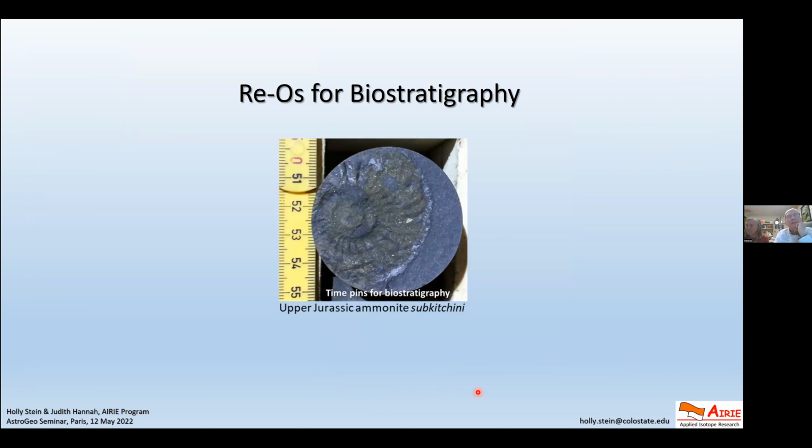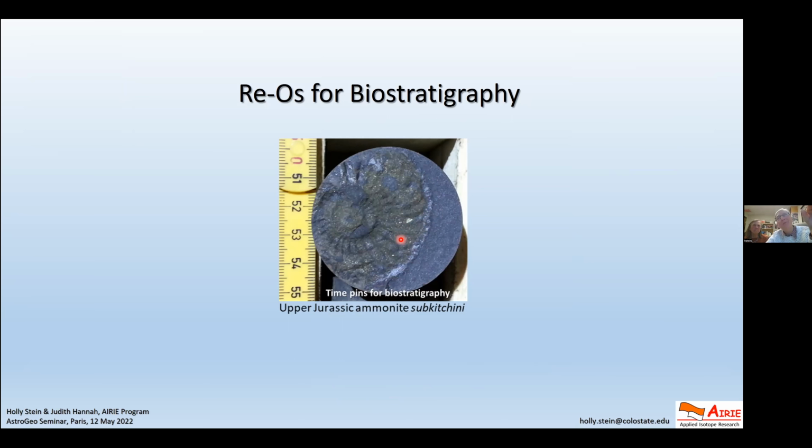This was on the opening slide. This is an upper Jurassic ammonite, sub-Cucini. I'm really bad at sub-Cucini. And here you see a beautiful pyritized ammonite just on a bedding plane in the shale. And you see it even preserved some of its, I forgot the fossil word for this, but it has some ornaments here on the side, not hairs, little spines or something, but it's even preserved. It's beautiful. So we can go right in on a fresh shale, and we can date fossils directly.